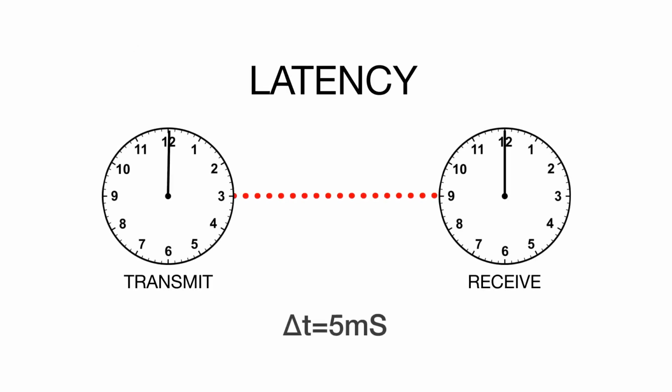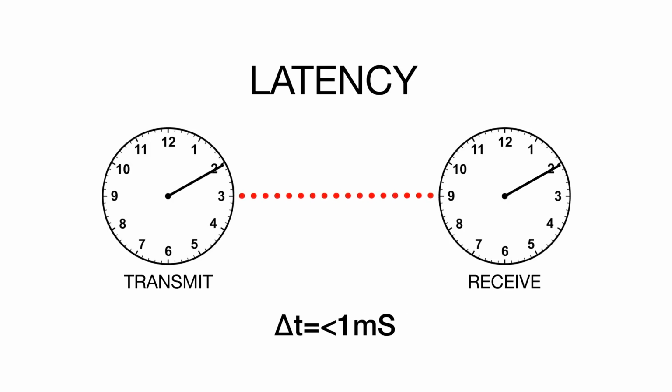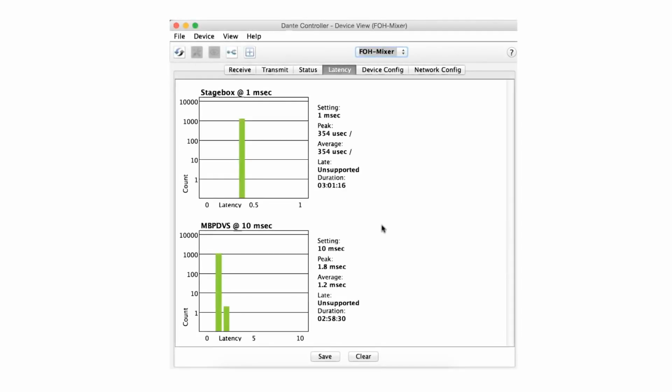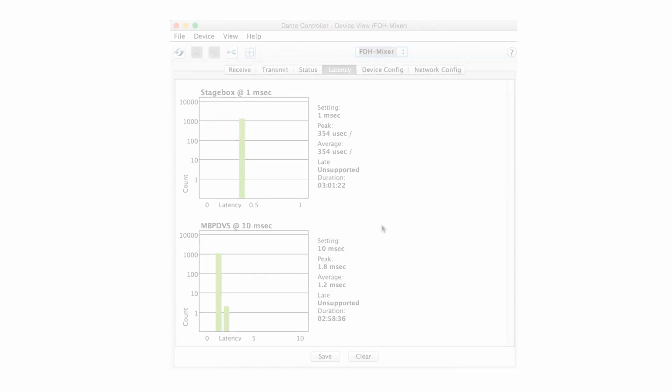Latency, the time delay required for digital transmission and signal processing, has long been a critical parameter in audio networks when working with live music performances and recordings. Early technologies often sacrificed flexibility in order to reduce latency. With Dante, you have it all. Easy, unlimited connections with fixed latency as low as 150 microseconds. Latency is 100% consistent in Dante and adjustable per device as desired. Dante provides tools that allow you to set system latency to optimal values.